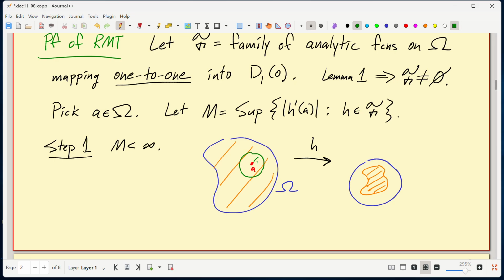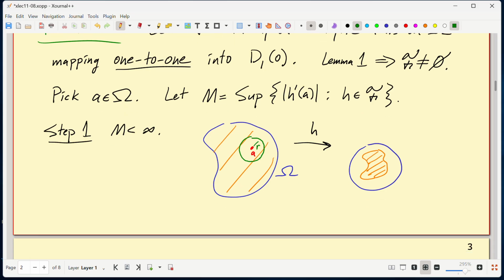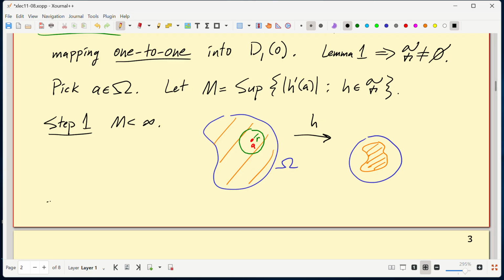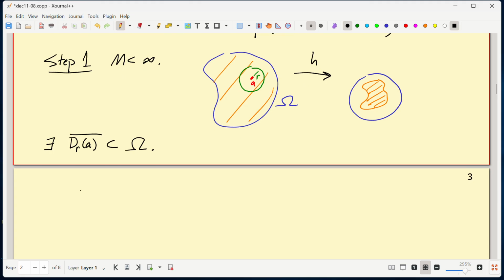Omega's open, so there exists a disk D_r(A) closure contained in omega. And then you do the first order Cauchy estimate: that |h prime of A| is less than or equal to